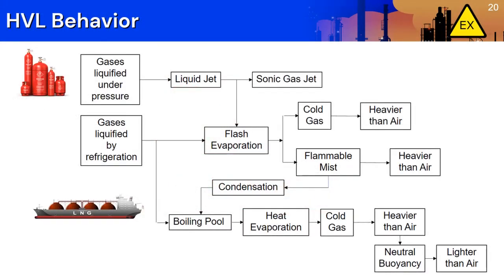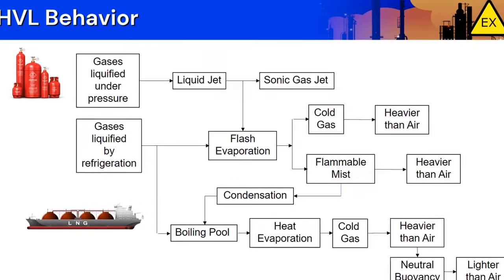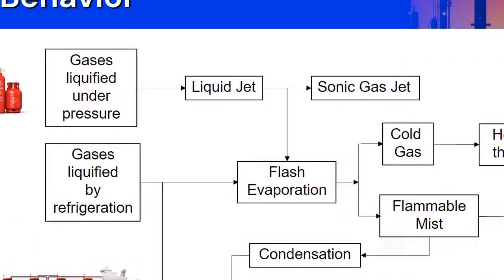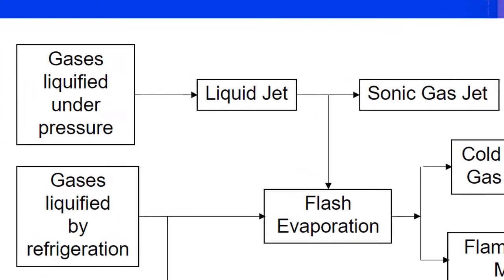HVLs can exhibit very complex behavior when released to atmosphere. This can make them difficult to model. A compressed gas form of release may be as a liquid or gas. This is dependent on if the leak is in the vapor or liquid space of the containment. A liquid jet release may evolve into a sonic gas release, or take liquid form and change state through flash